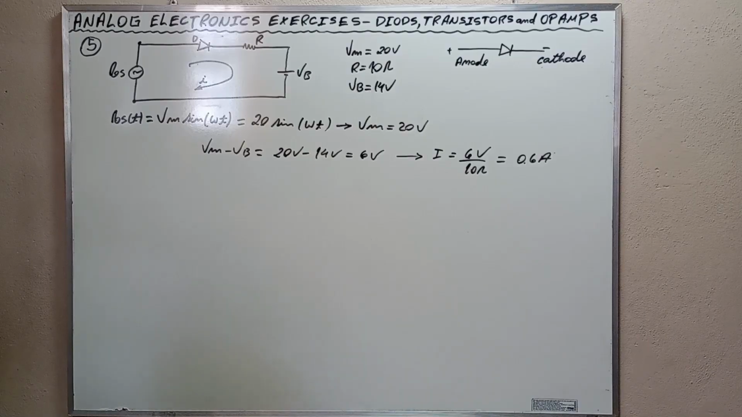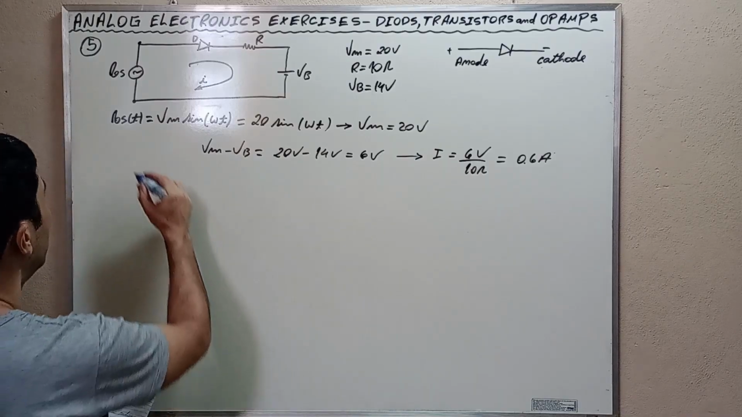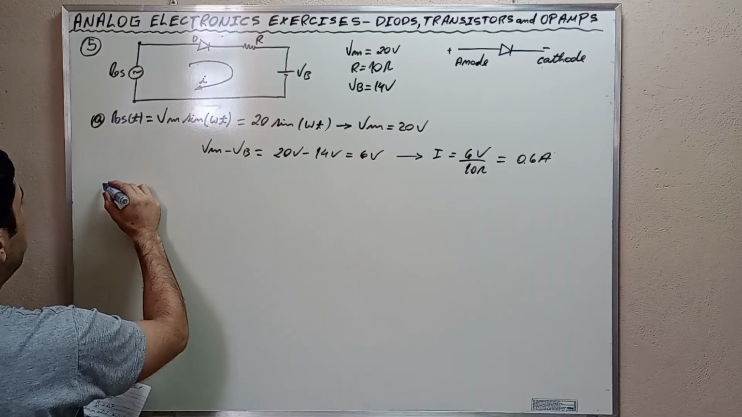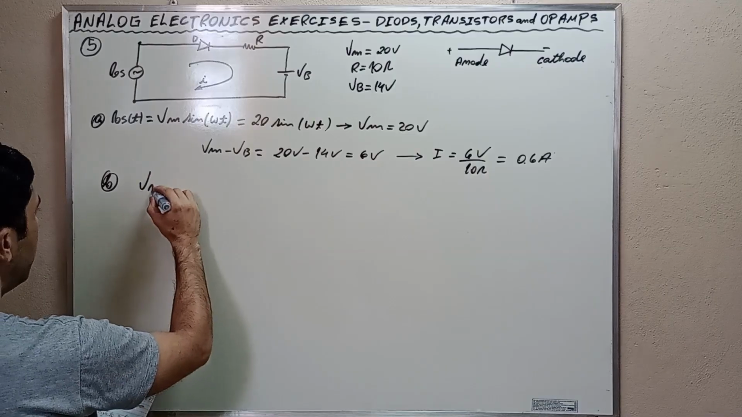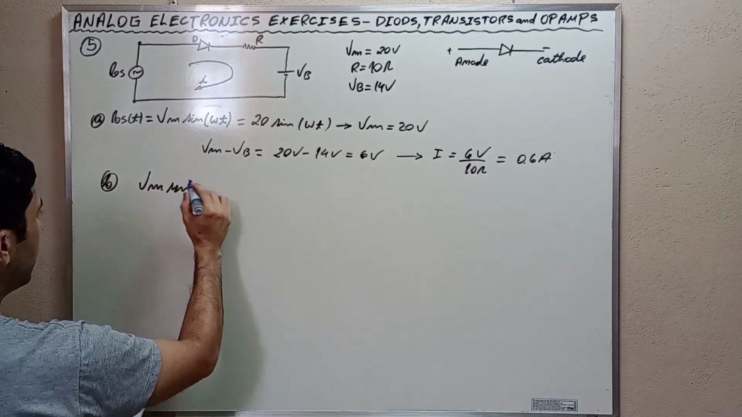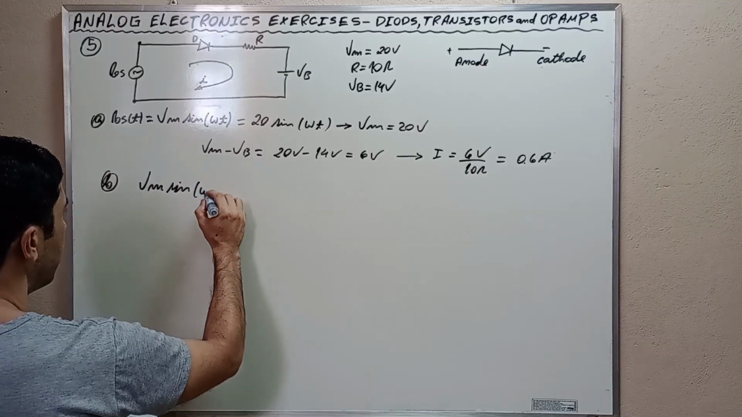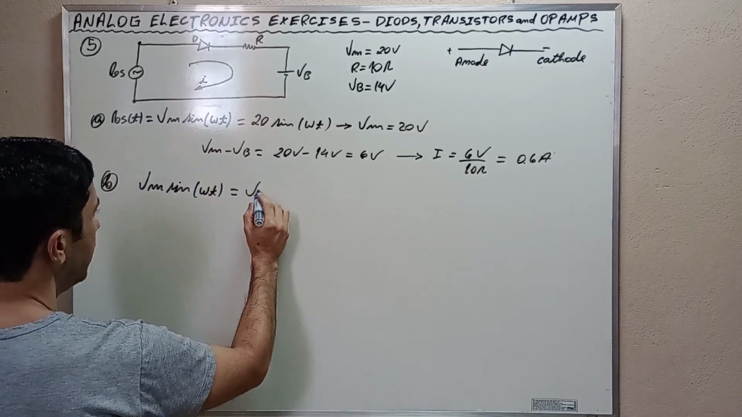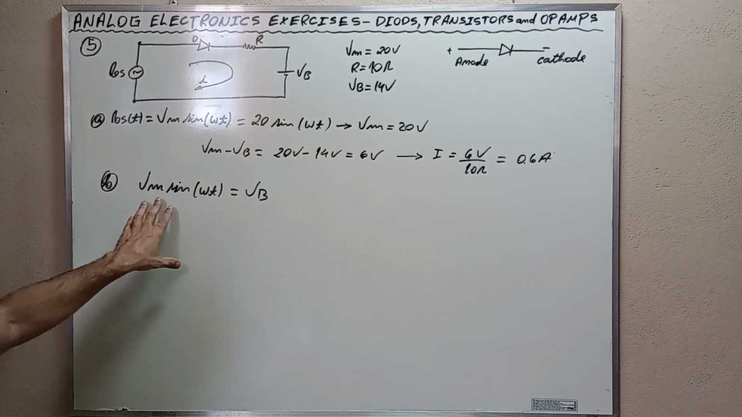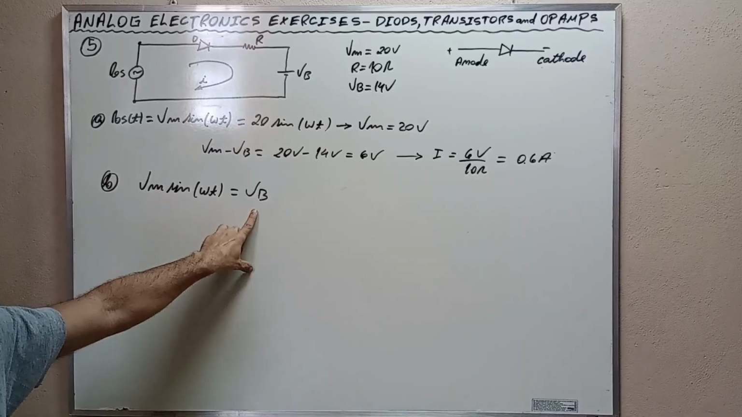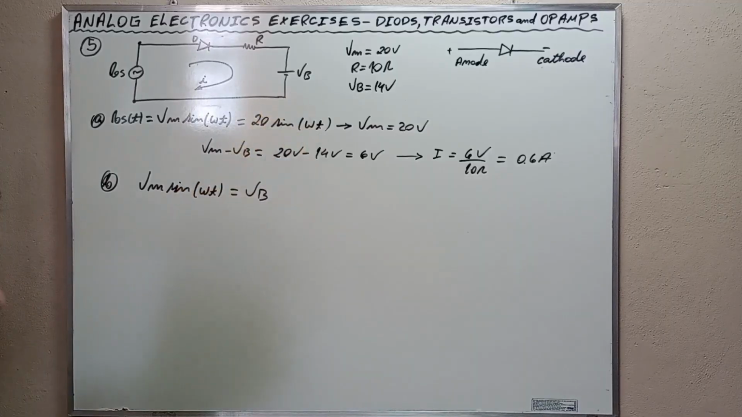Okay, the diode changes state at the instant in which, this is letter A, this is letter B. At the instant Vm times the sine of Wt is equal to Vb. Okay, at the moment the value of the sinusoid is equal to the value of the battery, the diode changes states. Thus